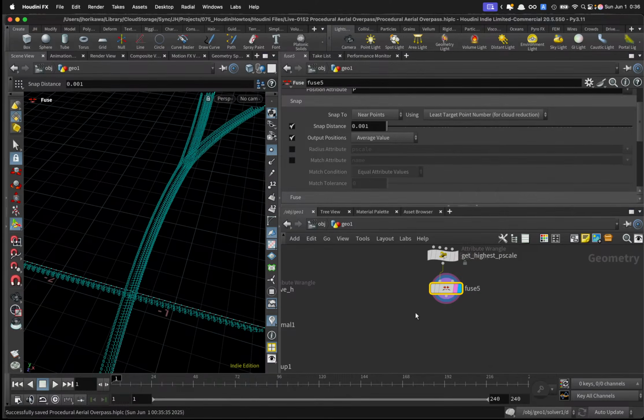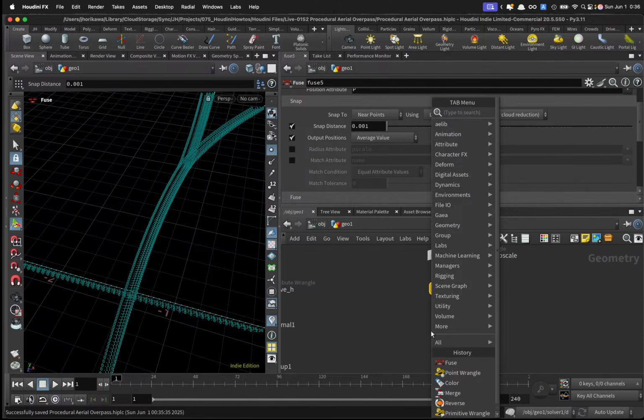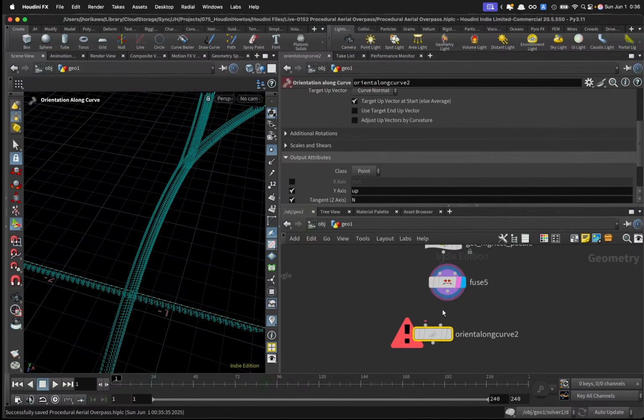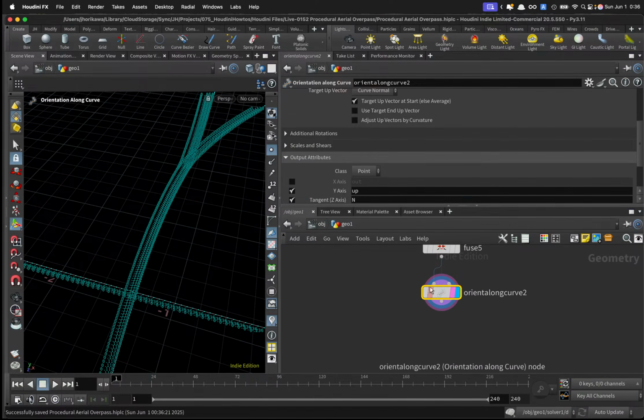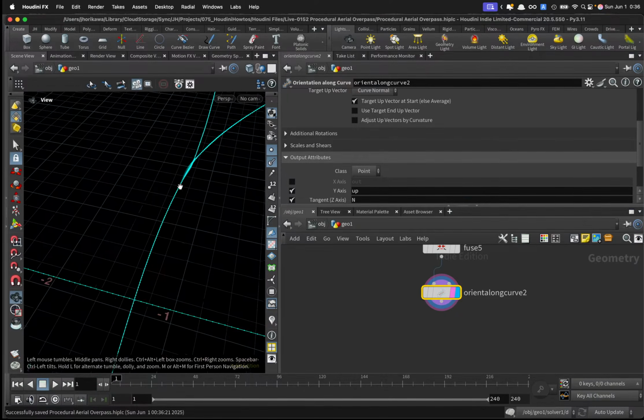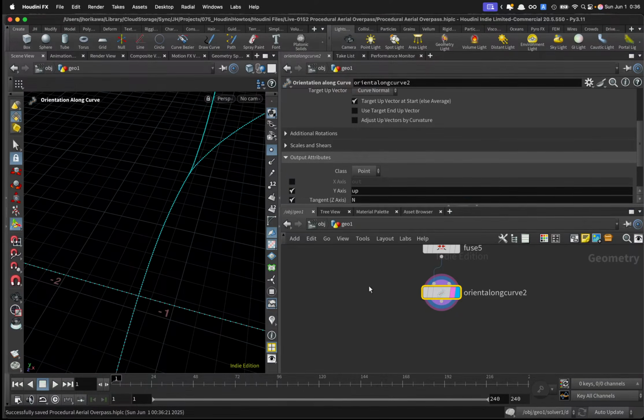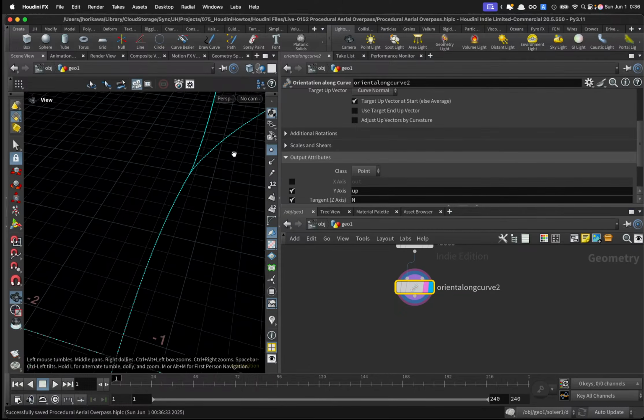calculate, in order to align the square column along the curve, I need to have the tangent vector. So let's give an orientation along curve node to apply some tangent vector, in this case an N vector, to each point. Let's check. Like that. Okay, then right now the number of points is a bit too much, as you can see, so let's also reduce the number of points. Now before doing that,